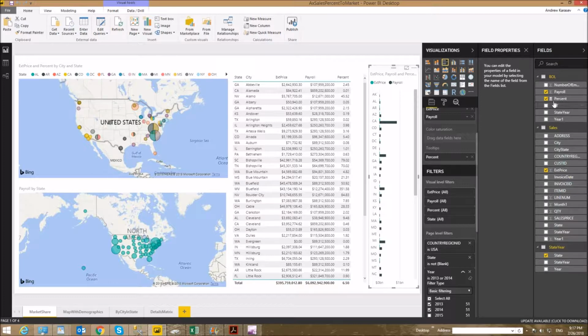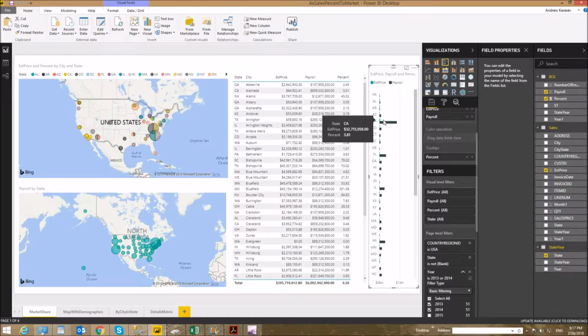The percent is like a hint, and then you use the extended price that's pulled from all your sales lines for this specific state, and the state is coming from here. So you will see the combination of two bars here. The first one, the black one, is the market share from the Bureau of Labor Statistics, and the second one is your portion of the market share with percent to the market share. In this case of California, you see